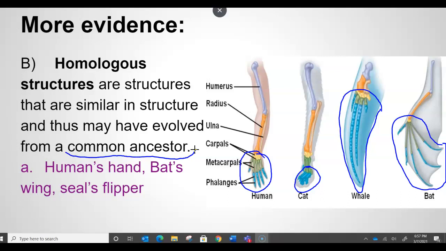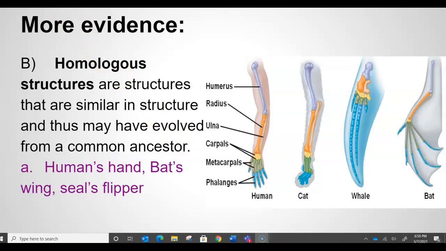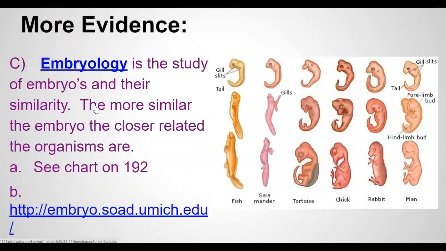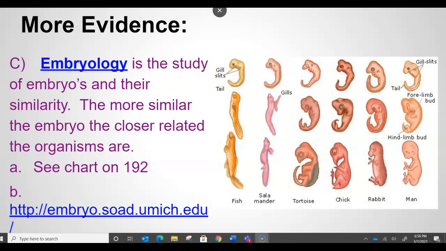To be a mammal, you are warm-blooded, you give birth to live young, you nurse from mammary glands, and you have fur, and mammals have very similar structures to these. Another type of biological evidence is what we call embryology. There's a picture in the book, but I got this picture from a website at michigan.edu, and you can see here that this is a fish,